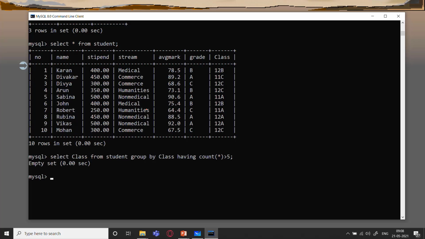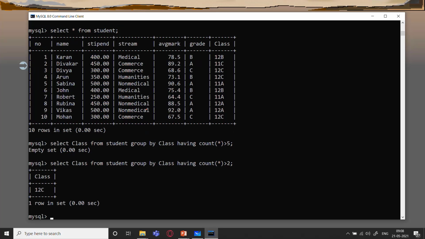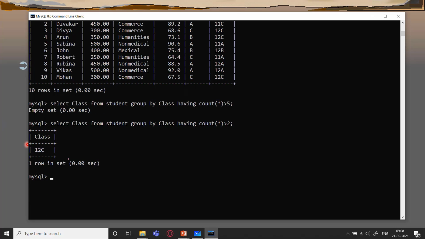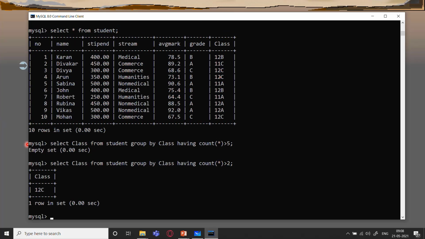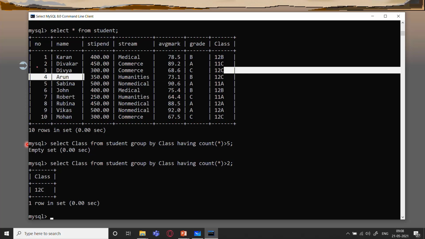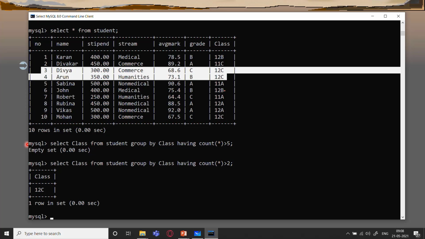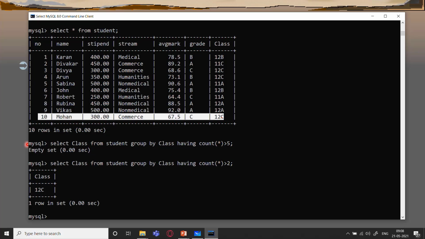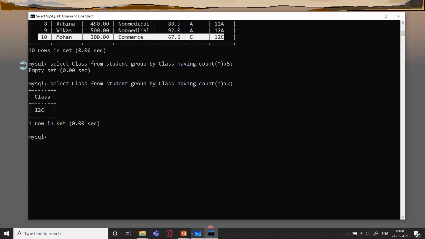So we don't have any such class, so we'll take greater than 2, and there only 12C is there. You can see 12C, this is one row and this is the second row. Yes, there are two rows over here. Divya and Arun are in 12C and Mohan is also in 12C. So that is matching the having clause.